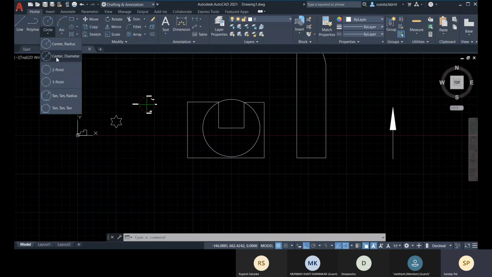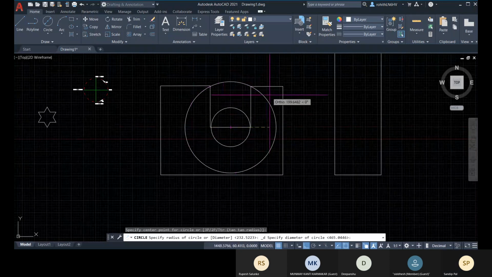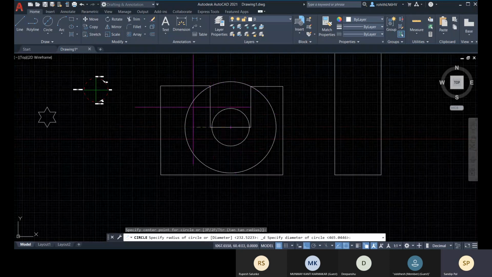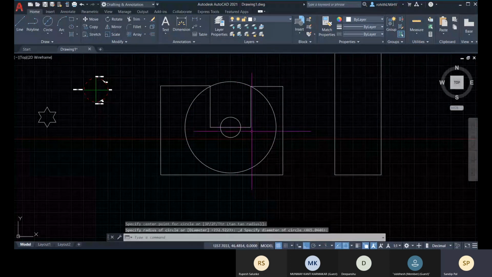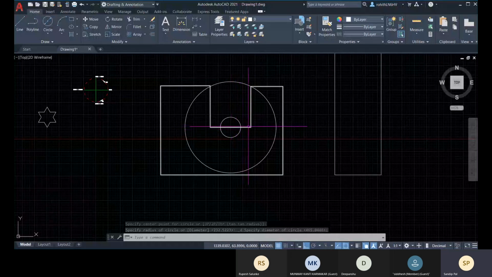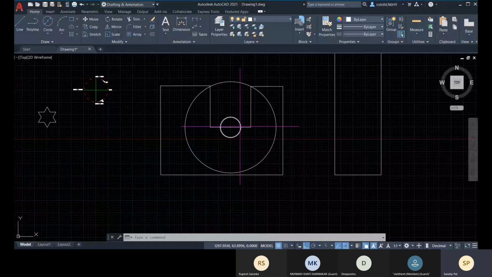You can go with the same thing, center diameter: the center, and what is the diameter distance. As per that, you will have your circle. Let me go with this center, and this is the distance for the diameter. So from this center to this point, this is the total distance of the diameter.